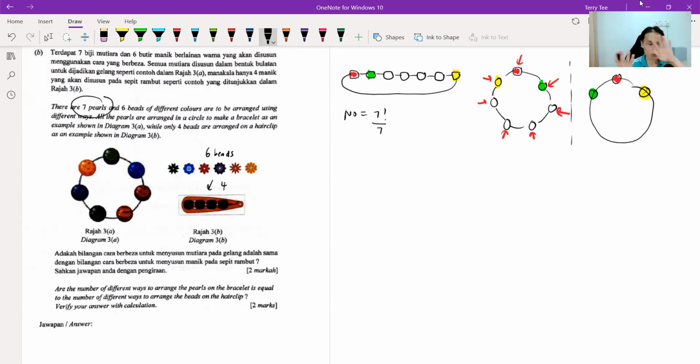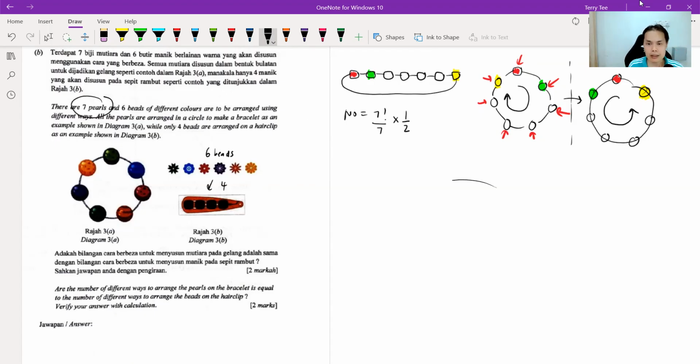Yeah, just want to make this quick. When you flip over a bracelet like this, you notice they're actually the same arrangement, right? Although one is going in the clockwise direction, when you flip over, it goes in the anti-clockwise direction, but they're actually the same arrangement. So in this case, you must always multiply by half or divide by 2. So only for things that you can flip, like bracelet, necklace,